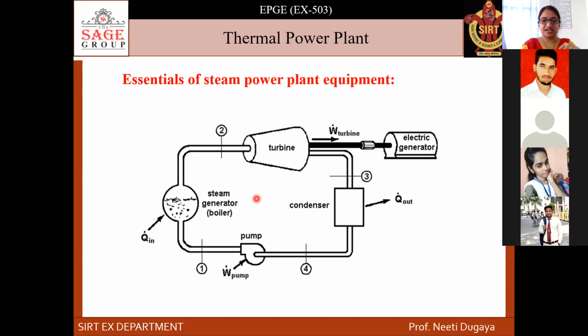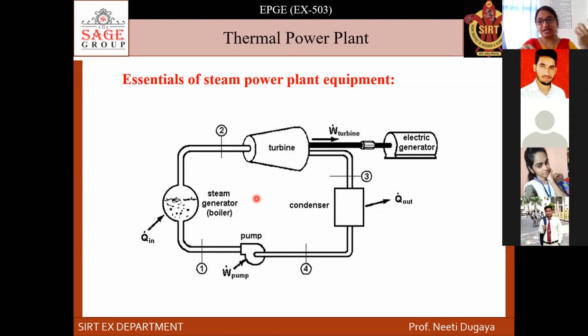Just moves, right? So the piping system is very important. See the slide. These are the main essentials. I am just talking about the main essentials. There are a whole lot of things. So when we discuss in detail, we will be having around 25 to 30 equipments which are being used in the thermal power plant.